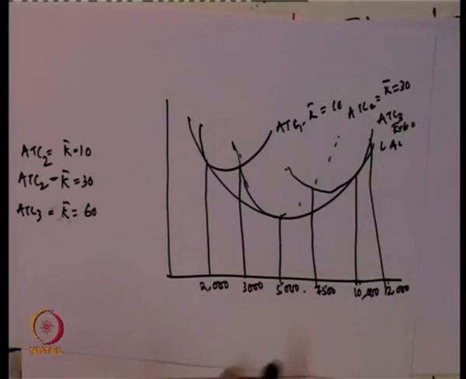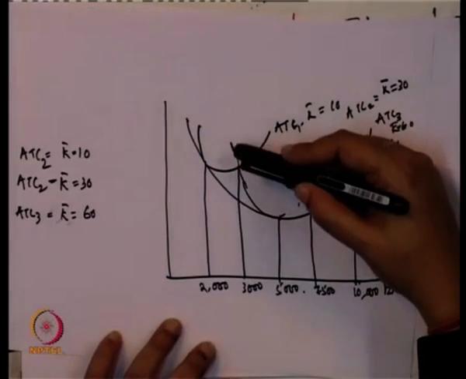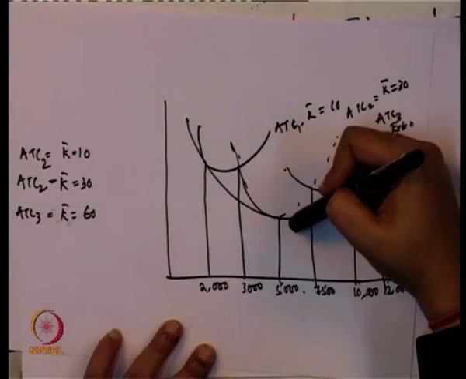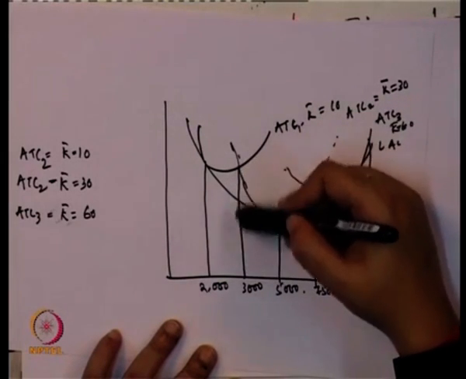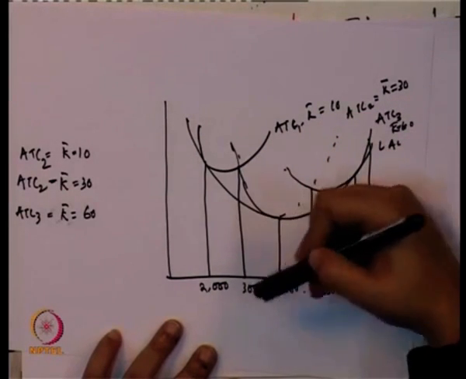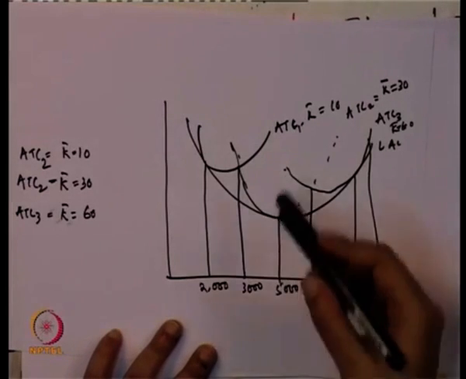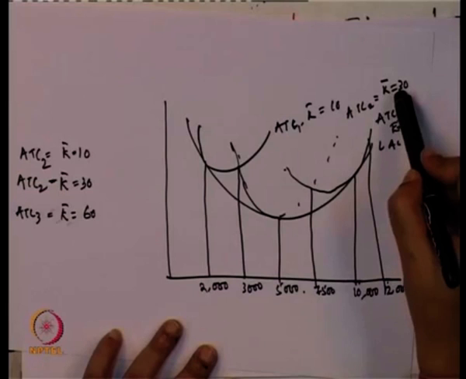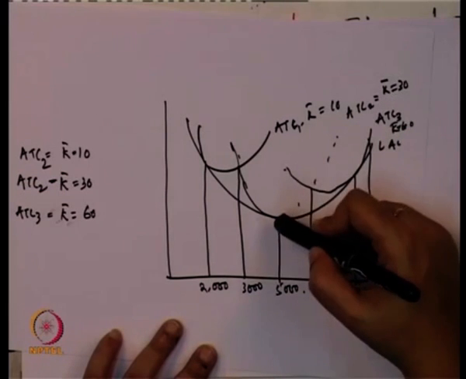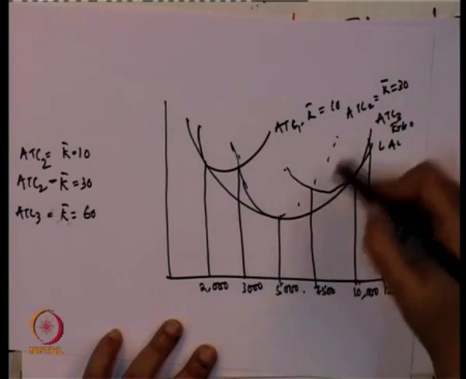But if the firm is still interested to expand, it is always better to operate at the decreasing portion of the cost curve, and that is the reason that when 3000 units of output are produced, it is desirable for the firm to operate at a higher capital input mix, because with that the firm can still expand up to the point